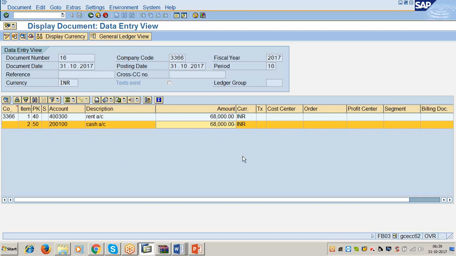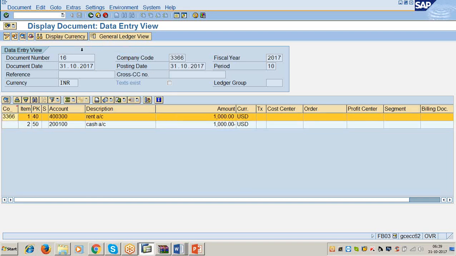This is called document currency or transaction currency. Then, how much is this amount in the company code local currency? Click on display currency. See, rent account debit to cash 1,000 USD.